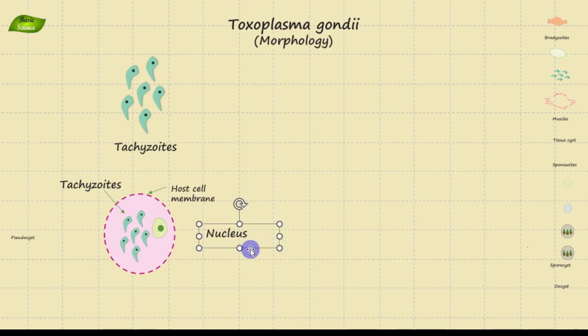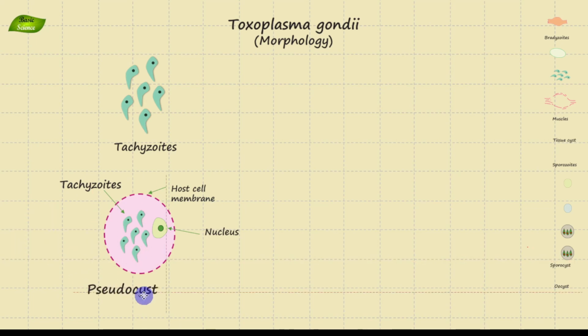So if you want to show a pseudocyst diagrammatically, this is, I think, the correct representation of the pseudocyst, where you have this outer layer which is damaged. This is the host cell membrane, then you have tachyzoites, and then this is our entire pseudocyst. As you can see, it looks like a cyst because it has that outer covering, but it's actually not, because the host cells are rapidly lysing. So what happens is, pseudocyst basically refers to the cluster of tachyzoites surrounded by host cell membrane